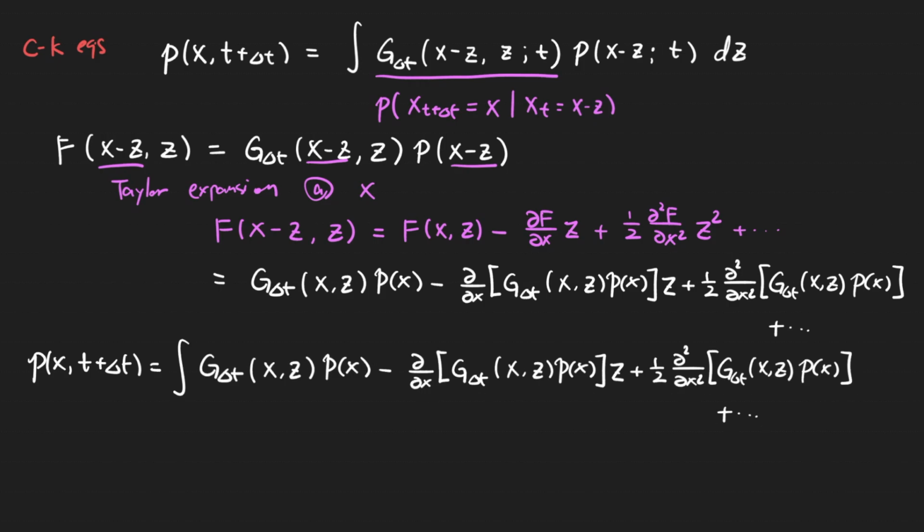And we'll integrate that over the jump set dz. Okay, so now we can just separate all the terms. So with the first term, we will have the integral of the transition probability. We can move the probability of x outside because that does not depend on z. Then for the second term, we'll have the integral